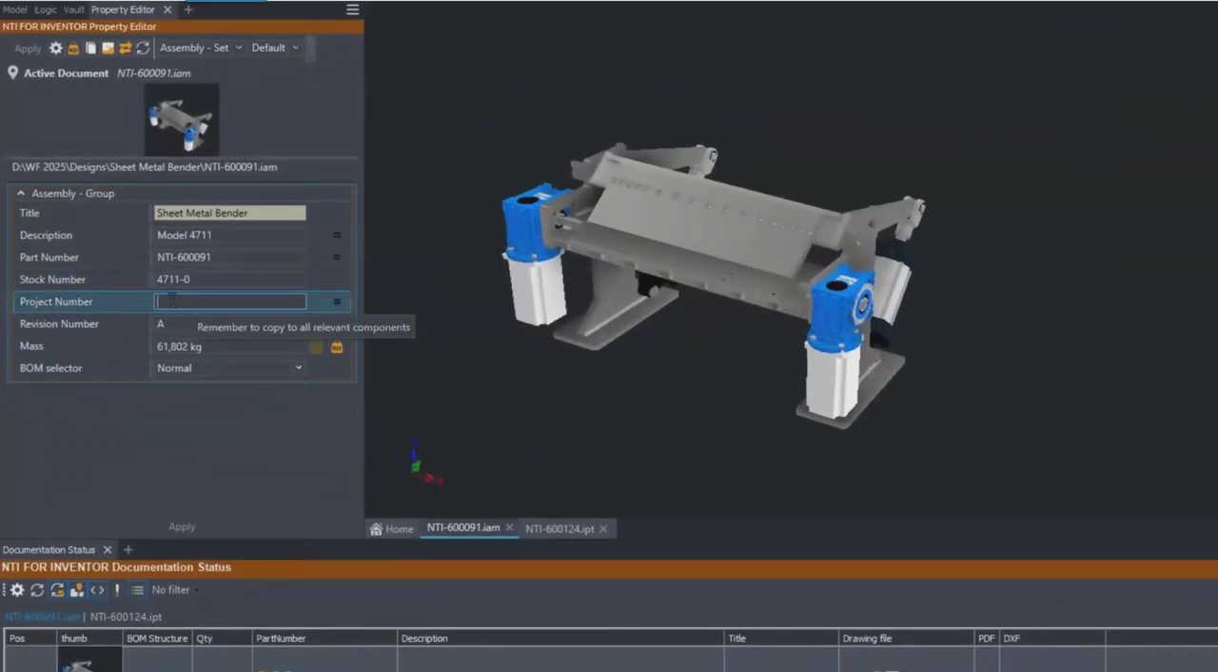In here, I will just type in a project number. This project number I want to copy to a lot of the other parts, because they have to have the same information in the project number as I have in this assembly. So I now have the ability to copy